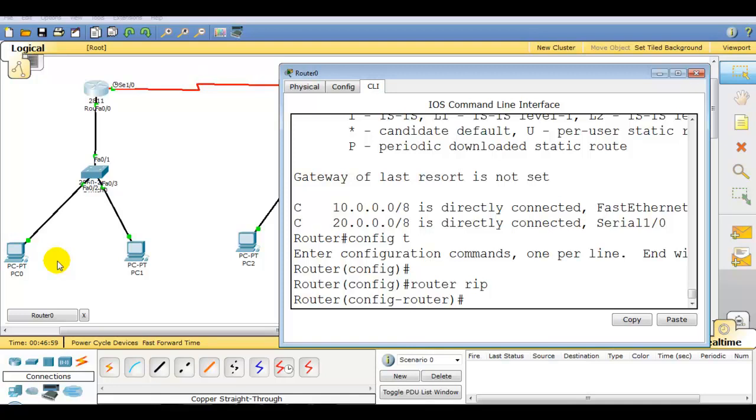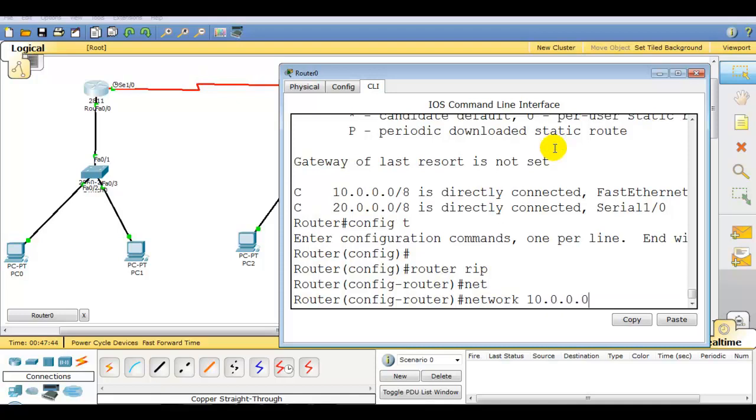Please remember that with static routing, we always configured remote networks and never typed a route to our directly connected networks. But dynamic routing is carried out the complete opposite way. You would never type a remote network under your routing protocol. Only enter your directly connected networks. Now here you can see our directly connected networks. Again, I am repeating, you would never type a remote network under your routing protocol. Only enter your directly connected networks. So now with the network command, we have to enter our directly connected networks.